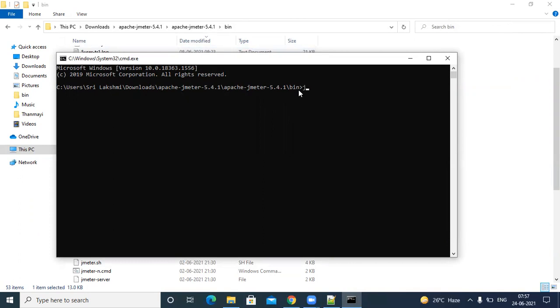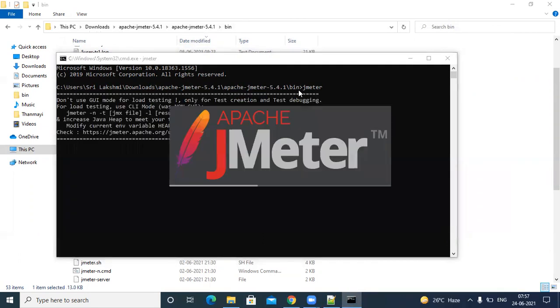Just go to the bin location, and if you just enter jmeter, it opens. So here this will act as a checking command prompt. It will check whatever is needed, then it will open.